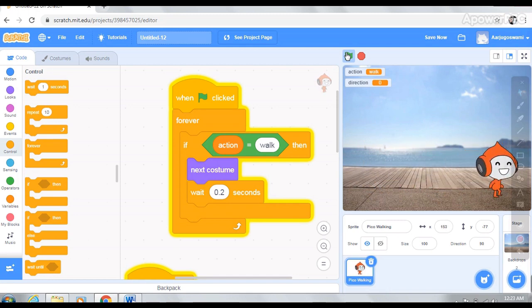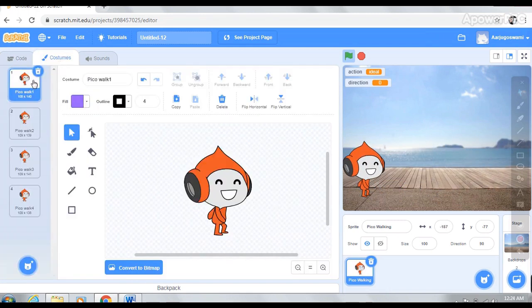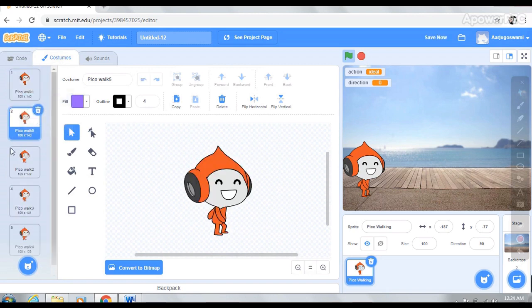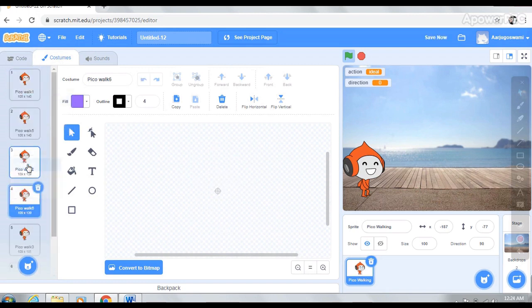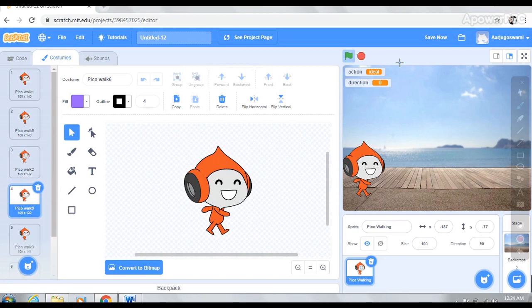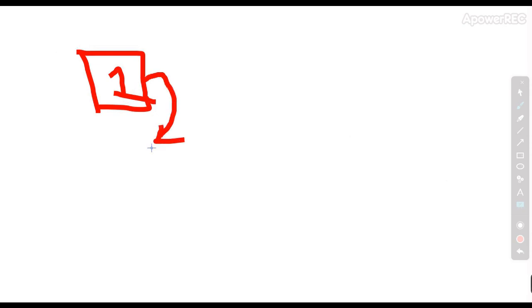Now I want to move my sprite in two directions. So for this I make every sprite a duplicate sprite, as you can see in the program. So what is a duplicate? If I have a card with number 1, then its duplicate is just the same as the card with number 1.